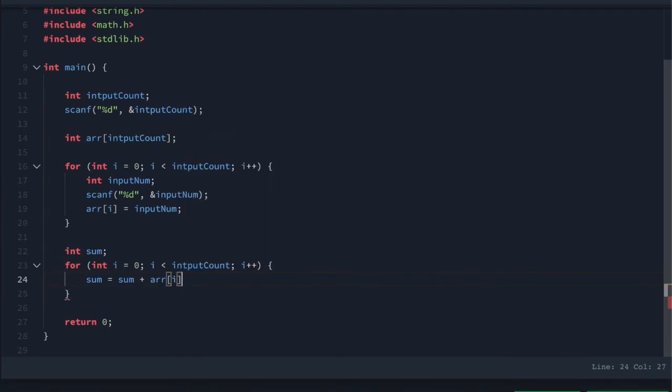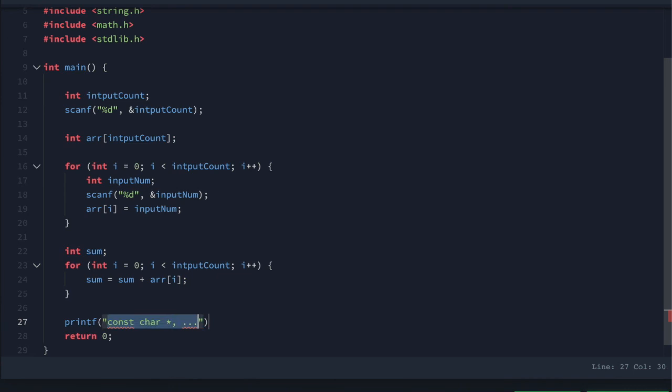So when this for loop runs completely, it will access the indexes of the array, get the integers saved in those indexes and add them to the sum variable. Finally, after this for loop is completed, sum will contain the sum of all the integers saved in the array.